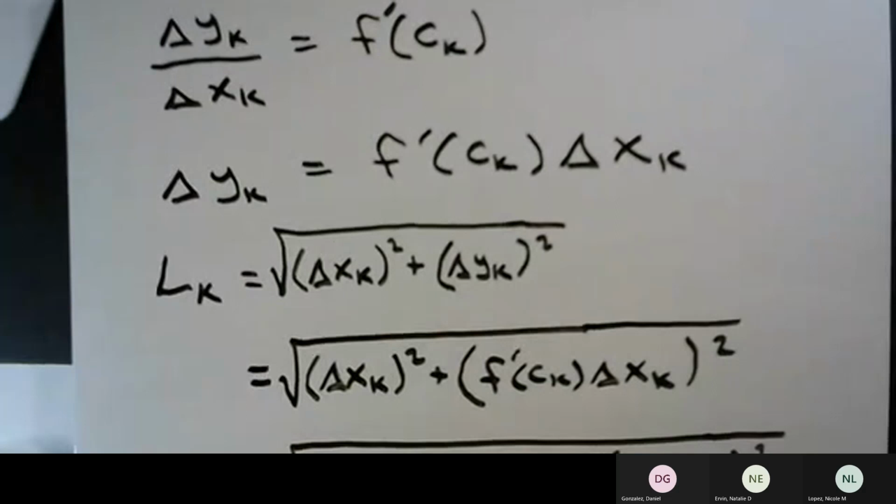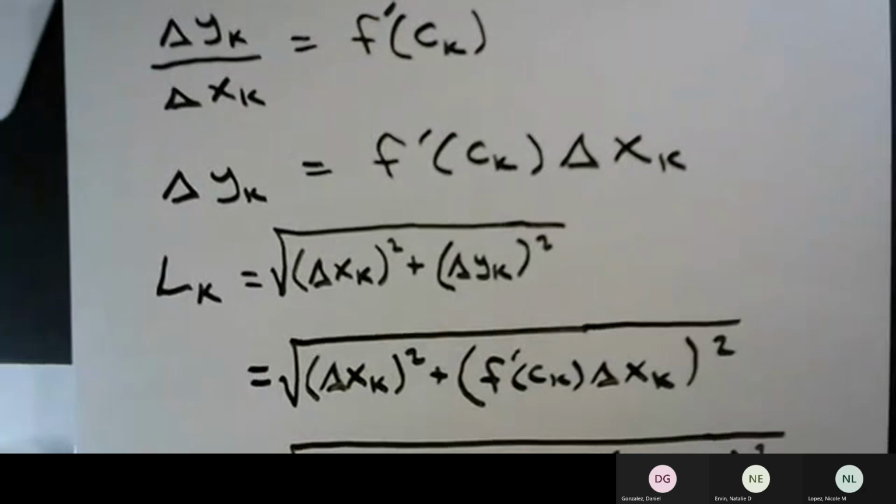And so that's going to be our approximation. Now, again, if we make these segments smaller and we have more of them, we're going to get a better approximation. So ultimately what we're going to do is we'll take the limit as n goes to infinity of the sum of lk,